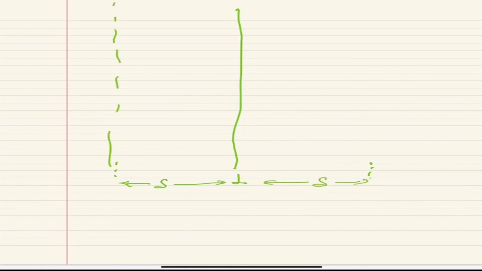Fine. So let's think again. I have this L, I have the band within delta. I have all the points that are lying within this band, right? And I have sorted them as per the y-axis. This is already done. I'm not doing the sorting here within this combine step. It's already sorted. I'm just using the sorting.